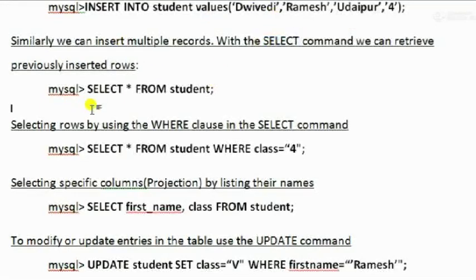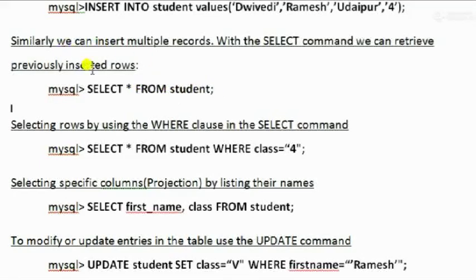So select asterisk. Asterisk means all, values of all fields, values of all attributes. Select values of all attributes from student. So all the values of all the fields of the table student will be displayed.